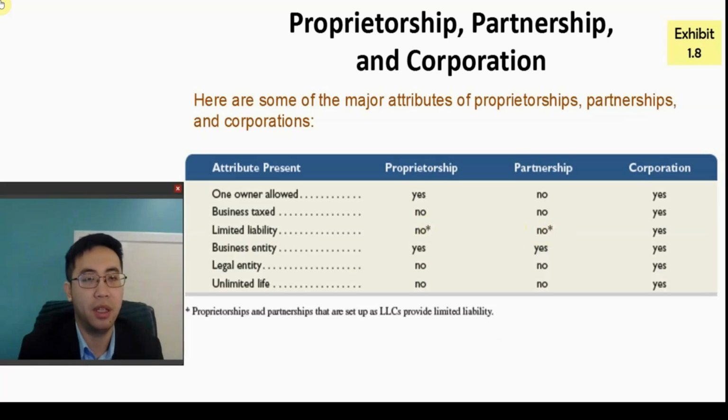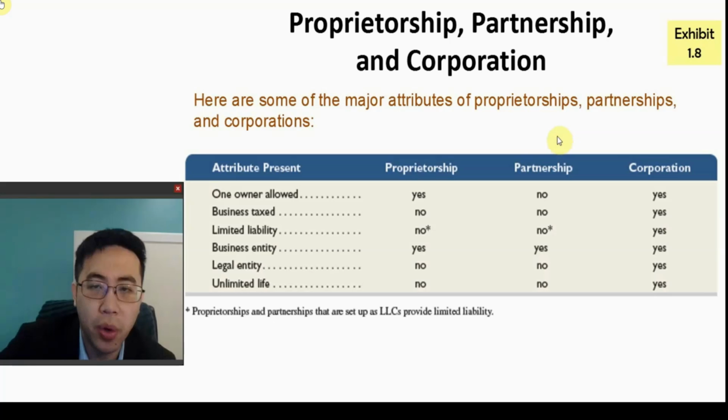Limited liability is defined as your liability in this business being limited to your investments and the assets level of the business. Let's say you're running a $1 firm and you have a $2 debt. If it is limited liability, you just need to pay $1 of the assets of the company, because that's the total worth of your company. Although your company's liability is $2, you owe your debt holders $2, you're only responsible for $1 of the $2 liability. That's called limited liability.